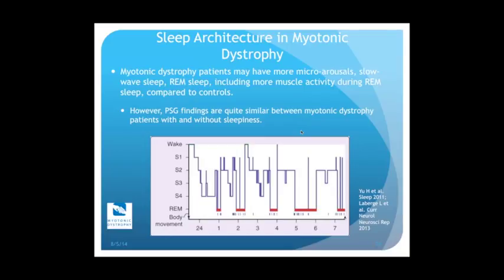So in the audience here, 56% of you reported being excessively sleepy, and 44% of you said you're not excessively sleepy. So if we actually do sleep studies on everyone on this call here, what we would find is that some of you would have some of these findings of microarousals and slow wave sleep, but at the end of the day, based on how we currently look at these sleep studies, in the brain waves and everything, we could not distinguish which ones are reporting subjective sleepiness on that Epworth sleepiness scale. So sleep study findings do not help explain differences between those with and without sleepiness.